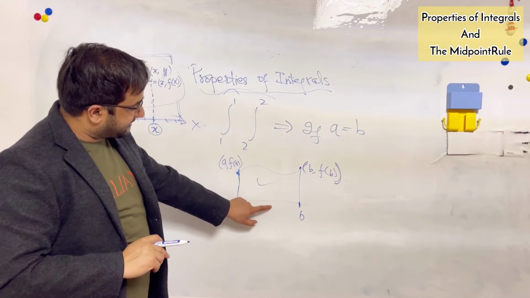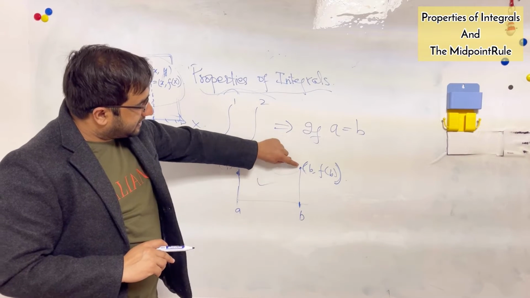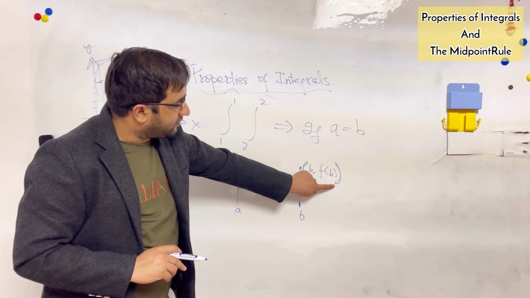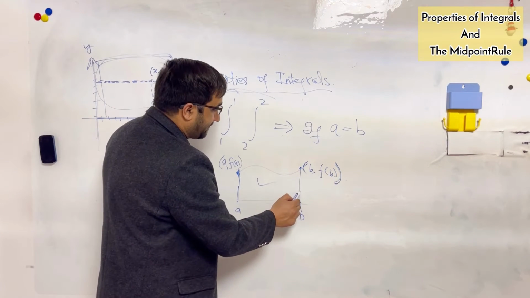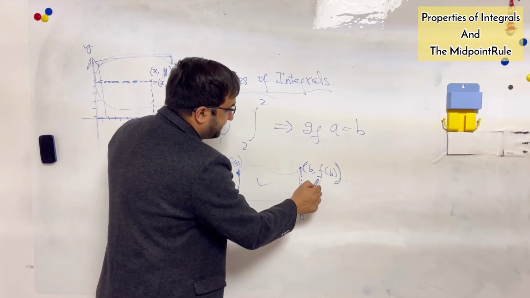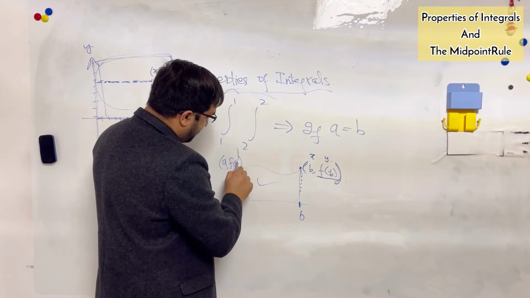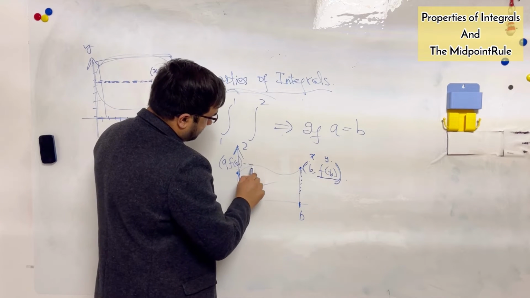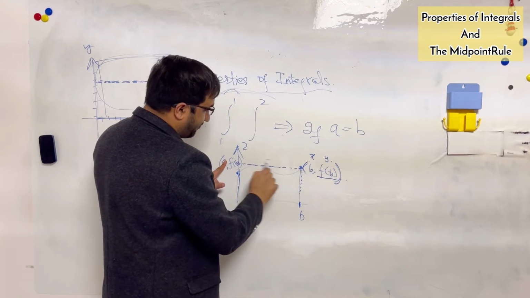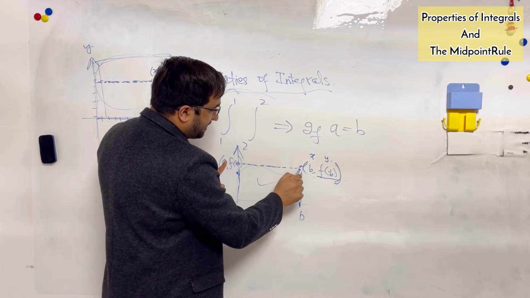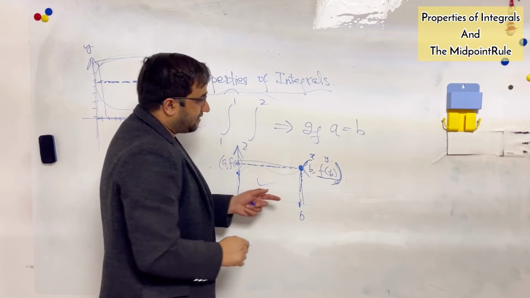If this is the point on the x-axis, then corresponding to this, on the curve, the corresponding point is always written like this. This number is x, this is y, and this is coming from the y-axis. When I go from the y-axis to here and from the x-axis to here, the point where these two lines intersect is represented by this